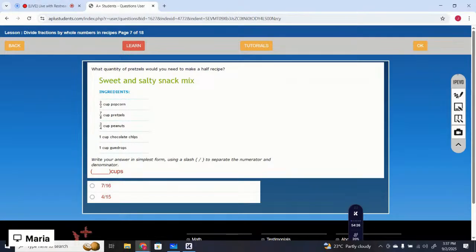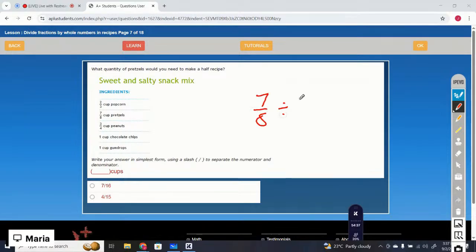What quantity of pretzels would you need to make a half recipe? So in the given recipe, it is used 7 by 8. You need to make the half recipe, divide by the 2. 7 over 8 times 1 over 2. It would be 7 over 16. Option number